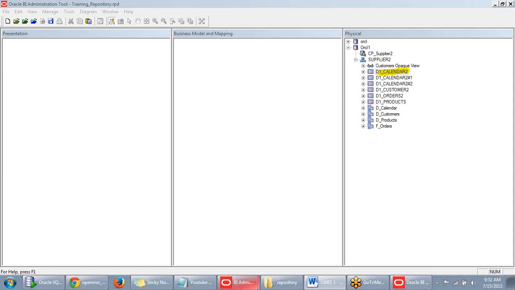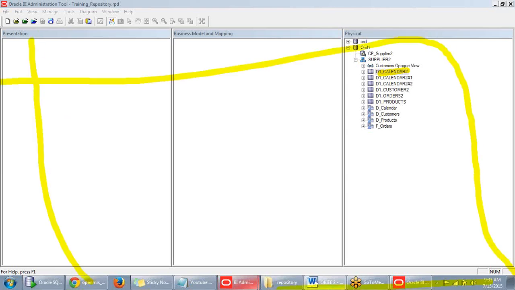Let us say here we have only one physical schema. From this one physical schema, we can create many business models. That is, the relationship between this and this will be one to many. In this entire administration tool, we can define relationships like this. If we have one thing, from this one thing we can create many business models,